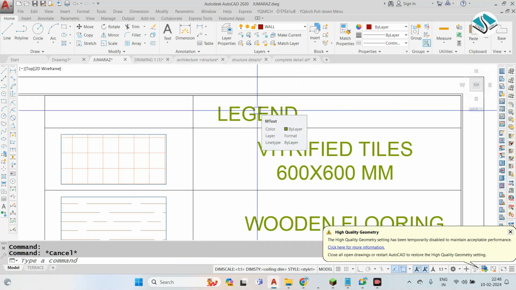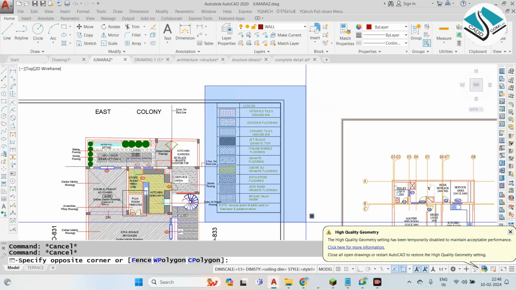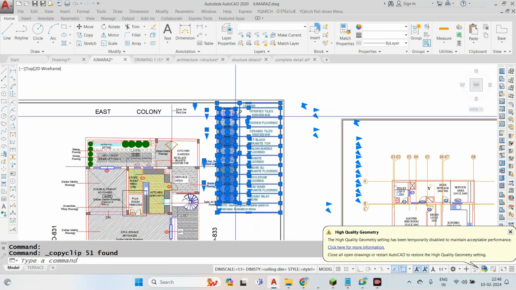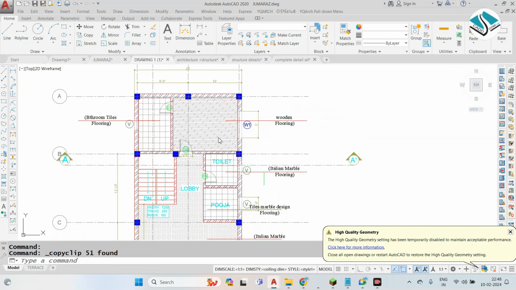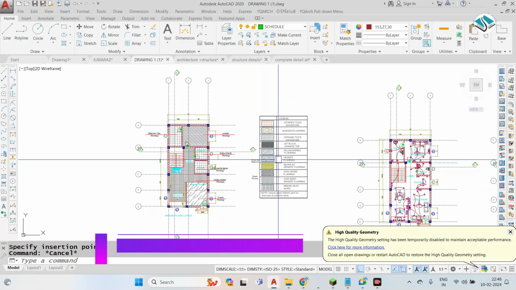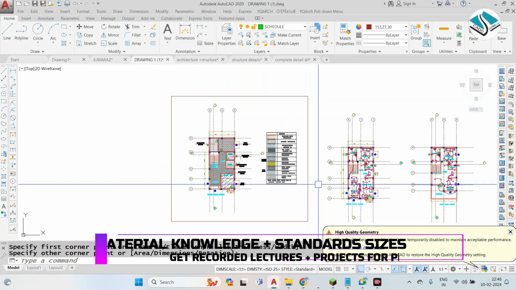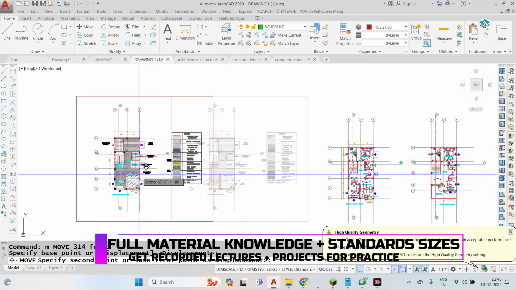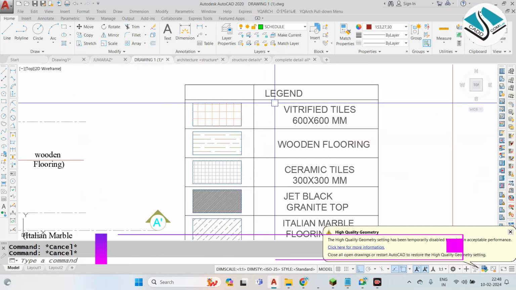So you can say the finishes, the material legend. You can create your own, copy and paste. The important thing is